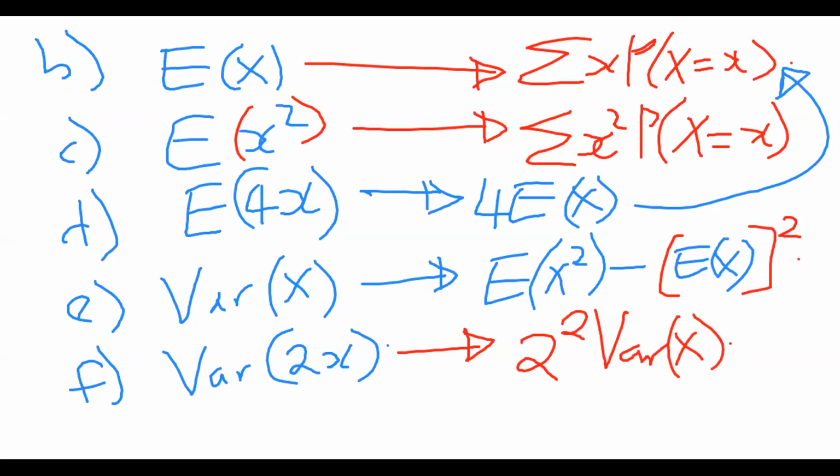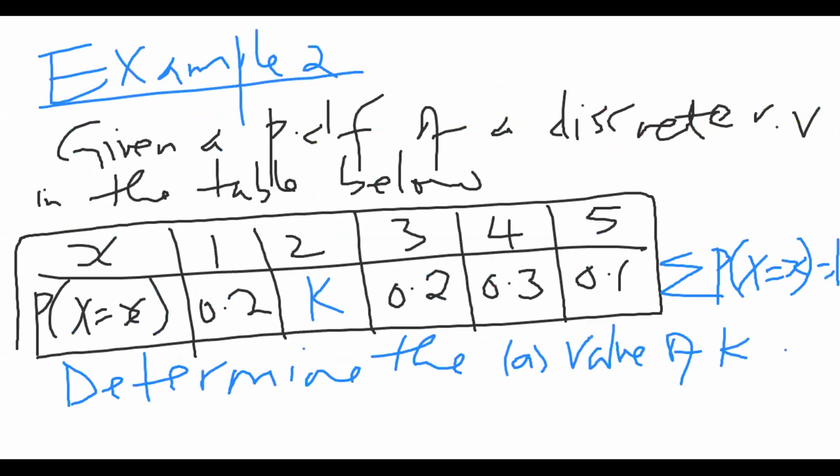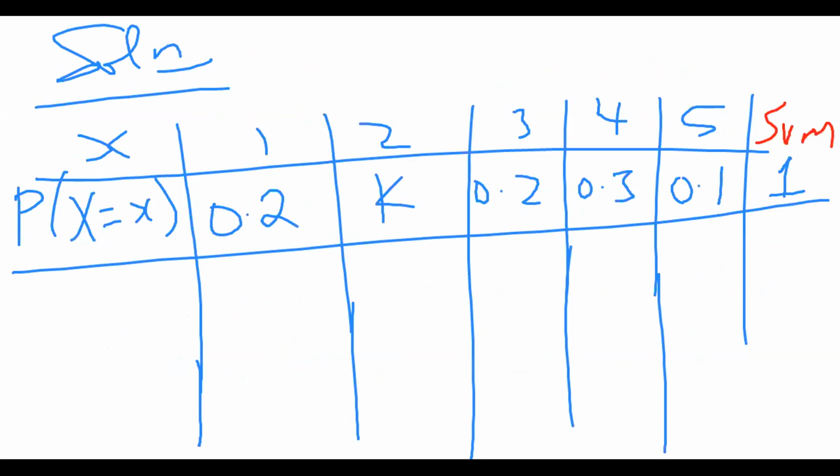That is never in the table. Only need two more rows. These are the ones. So let's begin. In the table, we shall have probability of x equals to x by getting the value of k,